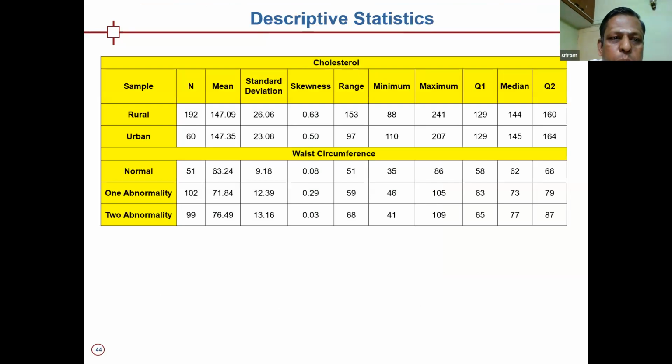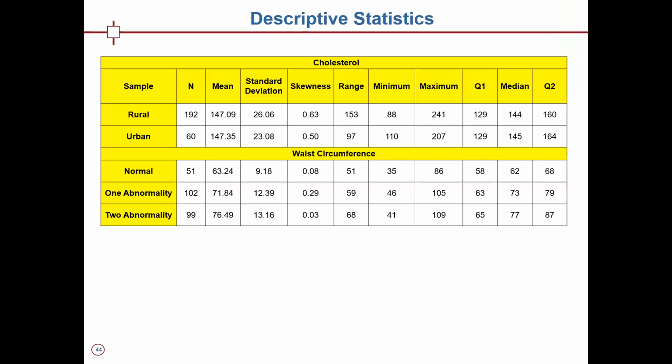And now I am taking one quantitative variable and one qualitative variable. The quantitative variable is cholesterol and the qualitative variable is the living place. So do you think there is any association between living place and cholesterol by looking at the table? How do you see? How would you conclude on that? It doesn't look like there is any.